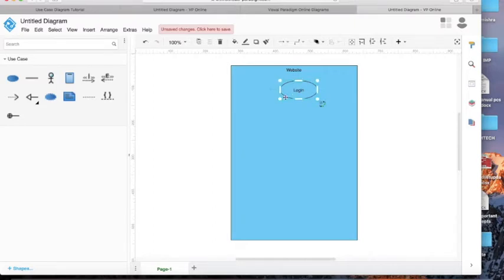Login is one use case. Now another use case will be request website.